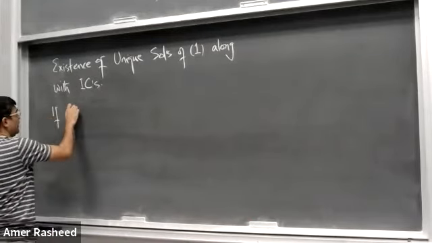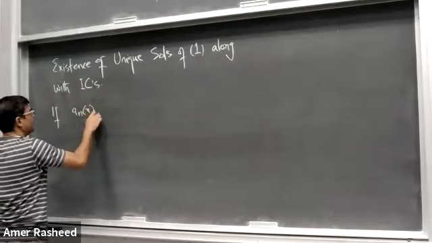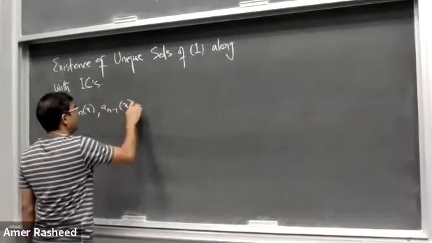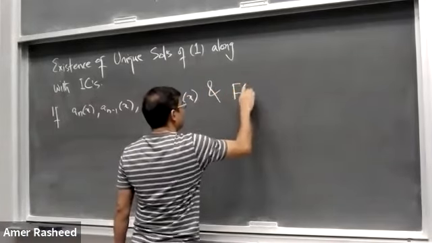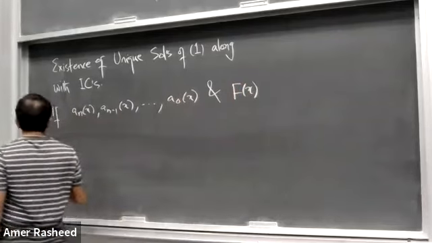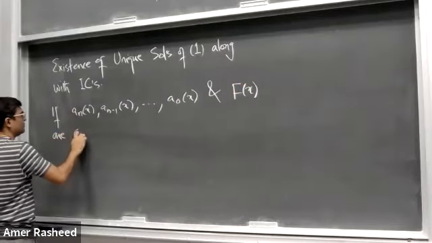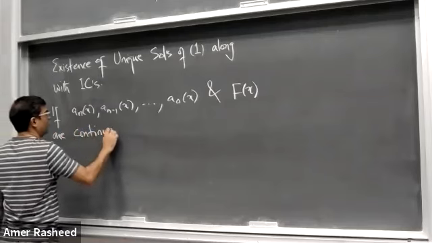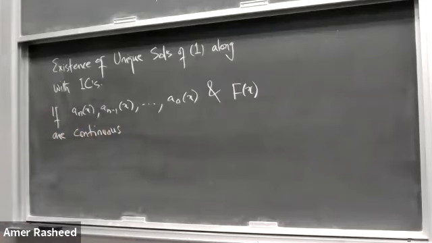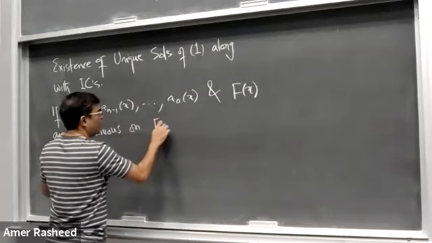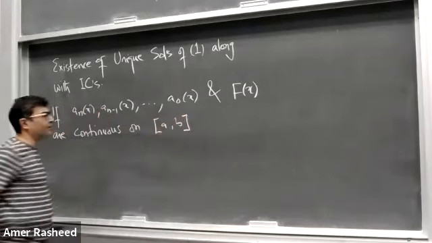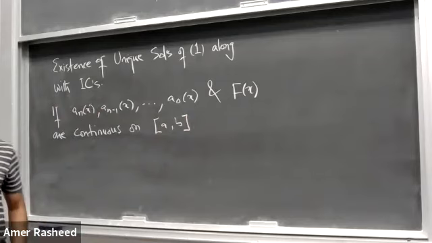If a_n of x, a_(n-1) of x, and so on, a_0 of x, and the right hand side function f of x are continuous. Continuous, I hope you know what a continuous function is. You must have studied it in calculus. They are continuous on the domain. What is the domain? On (a, b), which is the domain of x. If all these functions are continuous, that is the first condition,